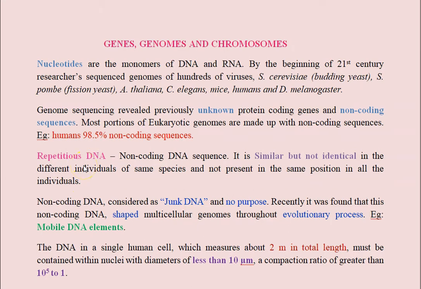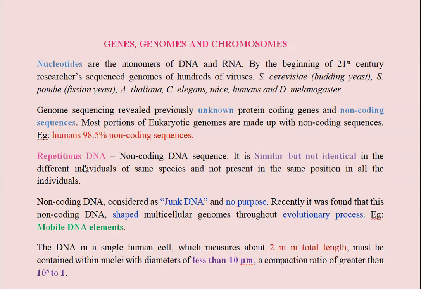Repetitious DNA means it has many repeats. If you see AGTC, I'm just giving a 4 nucleotide example, this sequence will repeat continuously up to some 10,000 nucleotides. Like that, there are a lot of repetitious DNAs, ranging from 2 nucleotides to 2000 nucleotides,